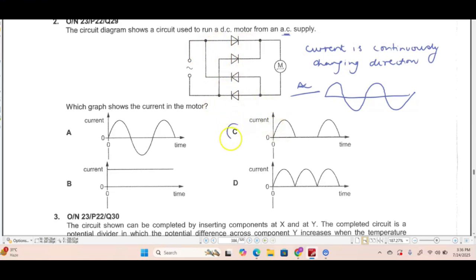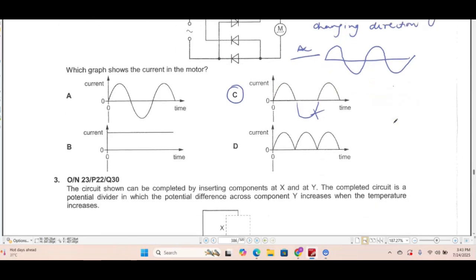So C is the only option that you will be able to see. It will go to peaks and then it won't be going down. This is not going to happen. Here it's going to go upwards. So this thing is not happening. So you will only see peaks on the upper side of the line. Okay? So moving on to the next question.